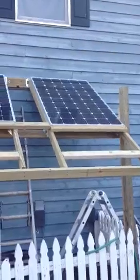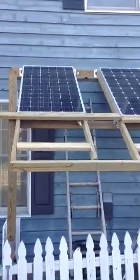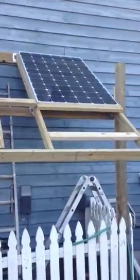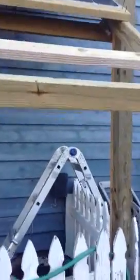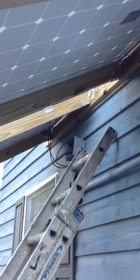I do have 6 Harbor Freight 45 watt solar panels that I was going to put towards the bottom there. Anyway, just a quick look at the 2 panels completed,